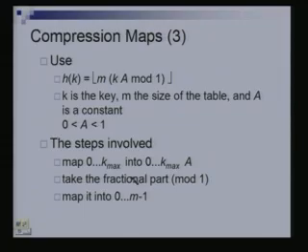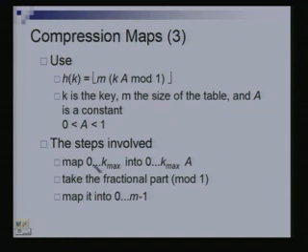And now we have to map it into the range 0 through m minus 1. So what can I do? I can just multiply that number I get between 0 and 1 by m. This number was between 0 and 1, so when I multiply it by m, I get some fractional number. That's why I took the floor function, which means round down. So I rounded that number down to the nearest integer.